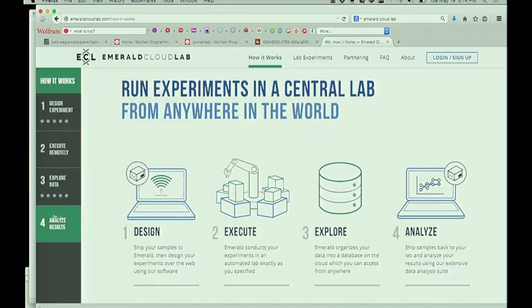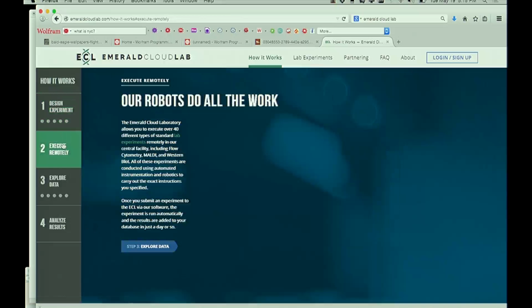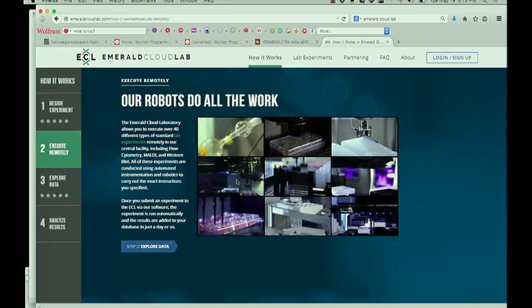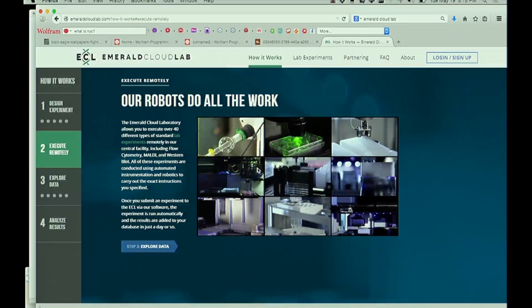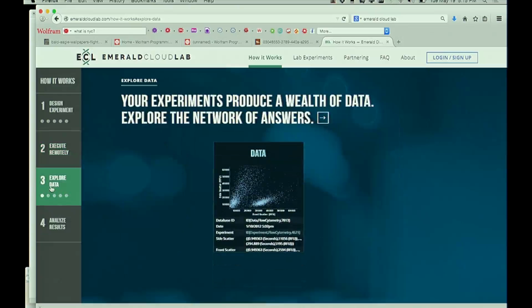You specify your experiment as a Wolfram language script, basically. Then you press go, hopefully having reviewed what's going to happen, and then robots swing into action and actually perform the experiment physically and then dump the data back into our cloud and into our language.